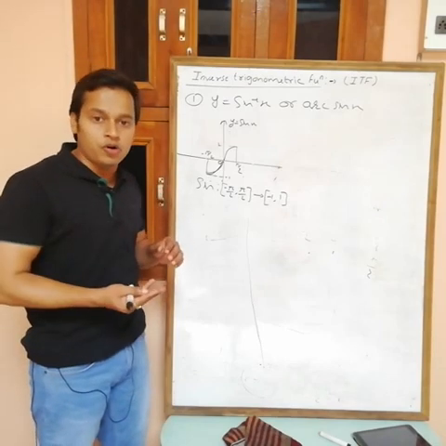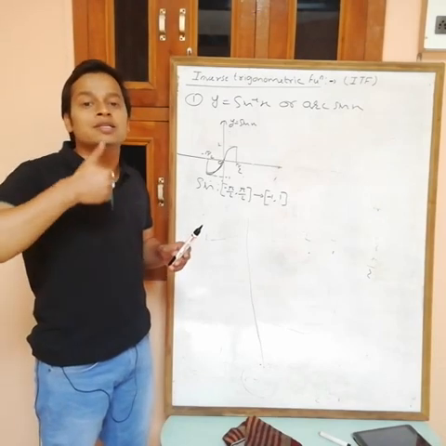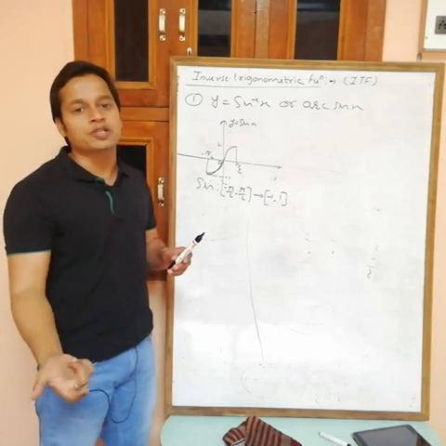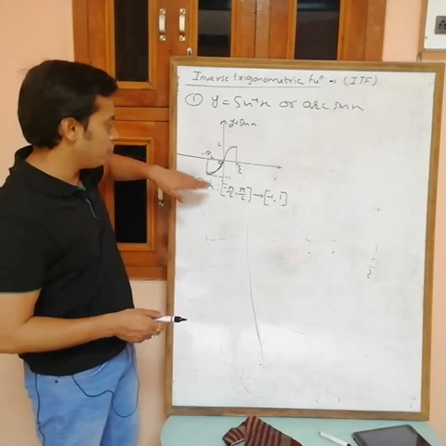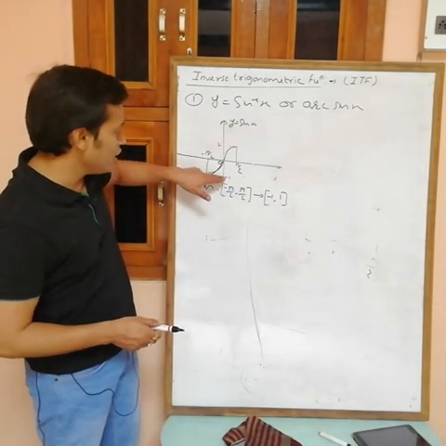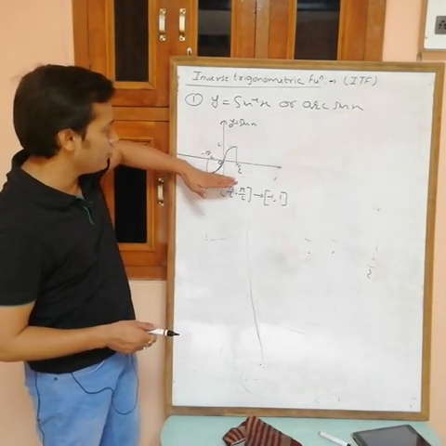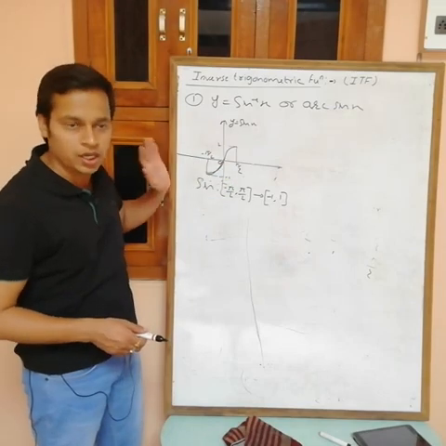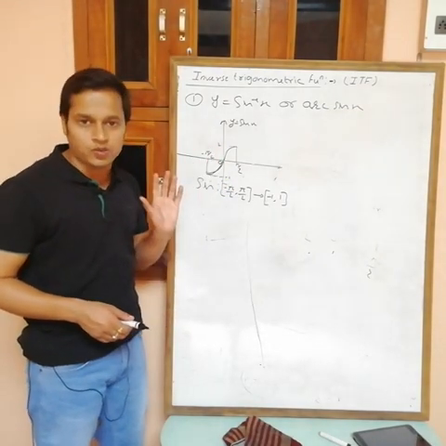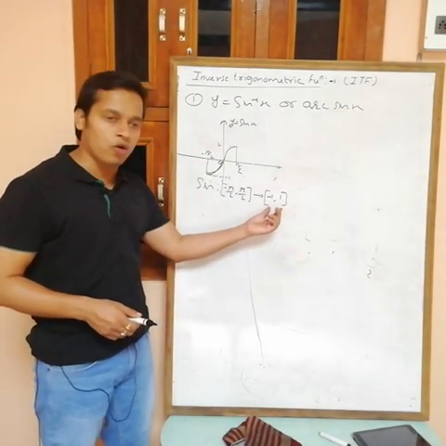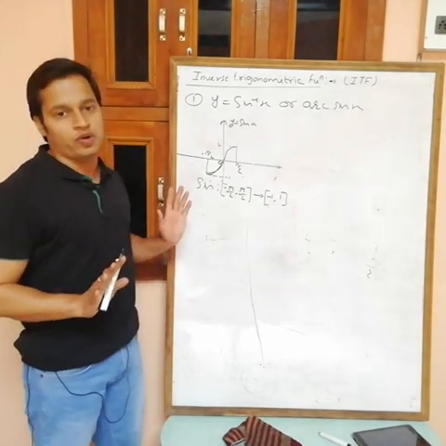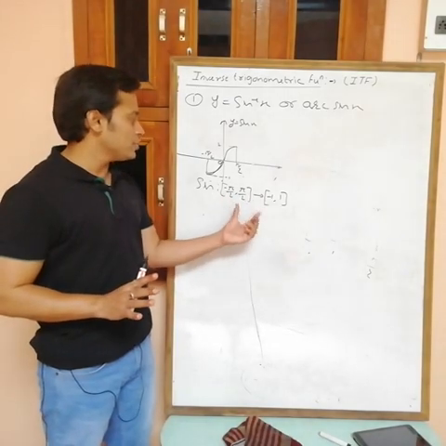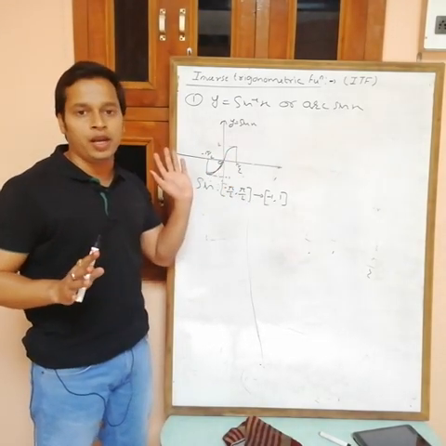Now the condition for onto: if range is equal to codomain, then the function is onto. Range of sin x is minus 1 to plus 1. If you see, na, minimum value is minus 1 and maximum value is plus 1. We have values between minus 1 and plus 1 now. So range of sin x is minus 1 to plus 1, and here I am writing the codomain is also minus 1 to plus 1. Okay, it means now this is one-one and onto. For this interval sin x is one-one and onto.